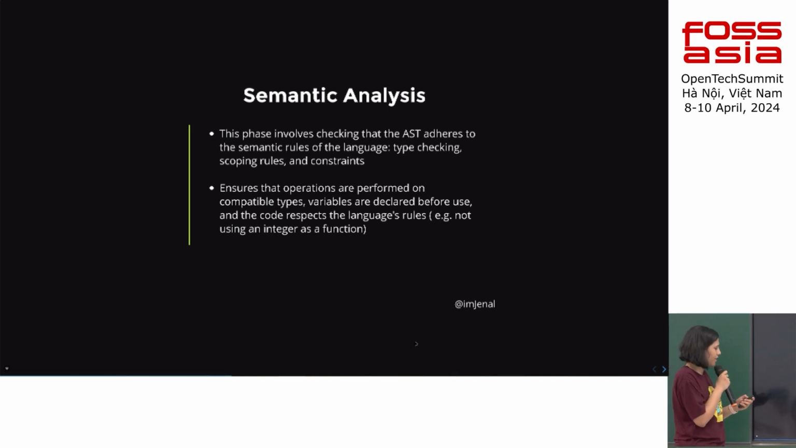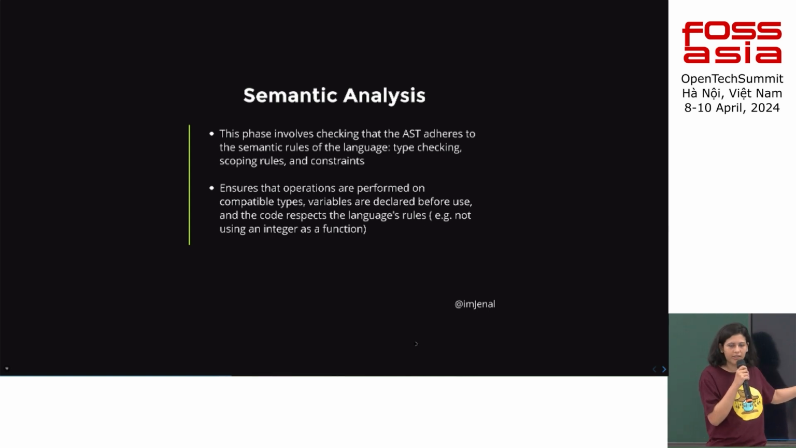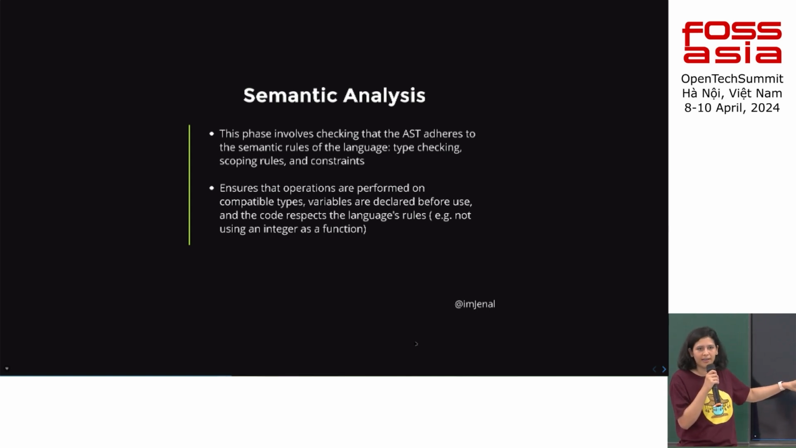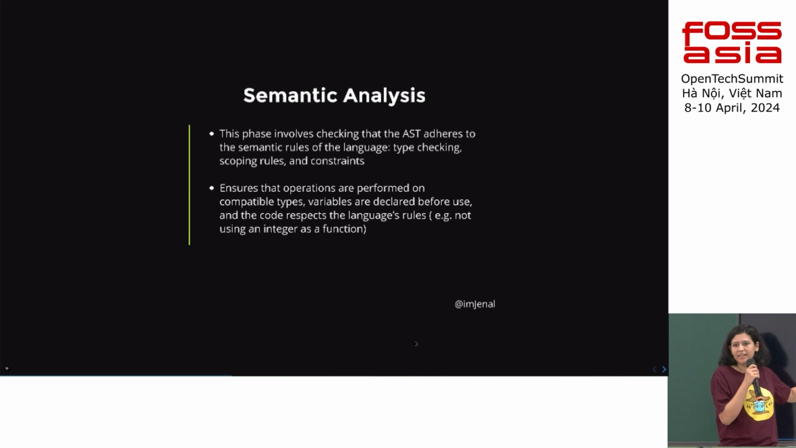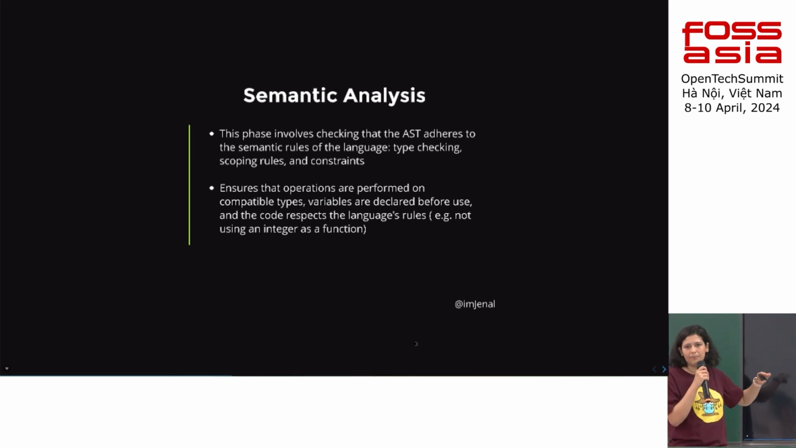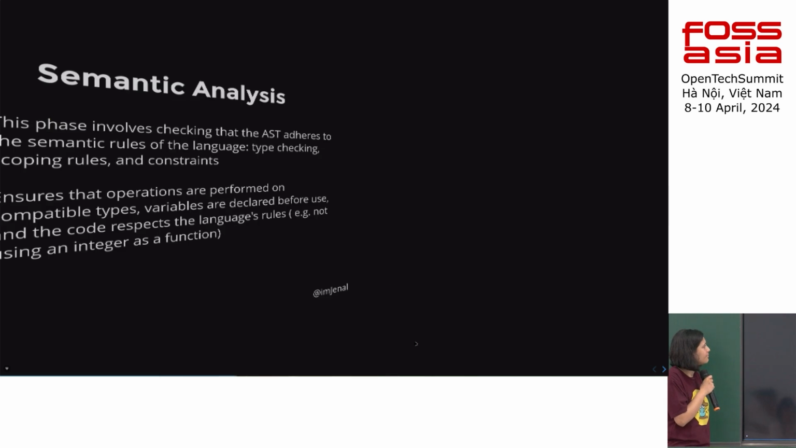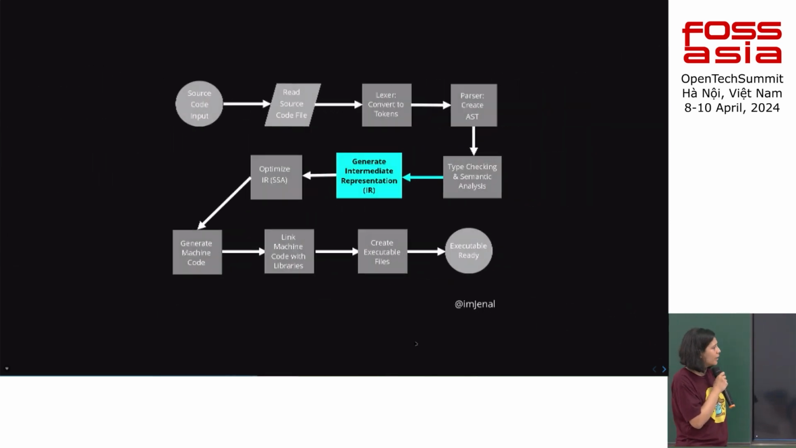It also ensures that operations are performed on compatible types. For example, if you are using an integer instead of a function, it will throw an error at this level. So in this stage, those kinds of errors are detected, and the compiler will halt the compilation process immediately at this stage. So next, after the type checking and semantic analysis, what happens is